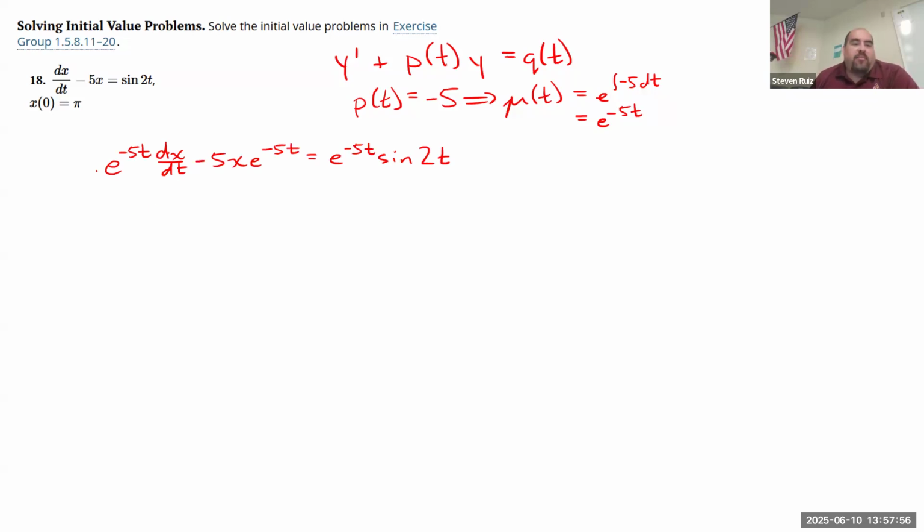Now, just like last time, the reason we multiply by the integrating factor is to wind up with this derivative product: dependent variable x times our integrating factor e to the -5t, equals e to the -5t sine of 2t. Now we can integrate both sides with respect to t. So on the left, we get x e to the -5t. On the right, we get